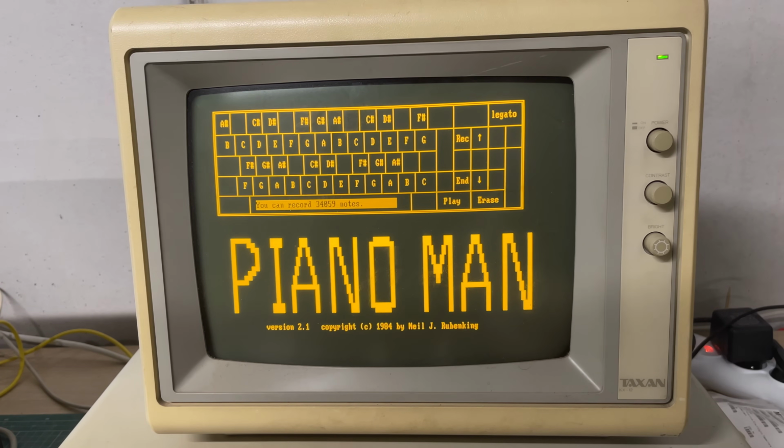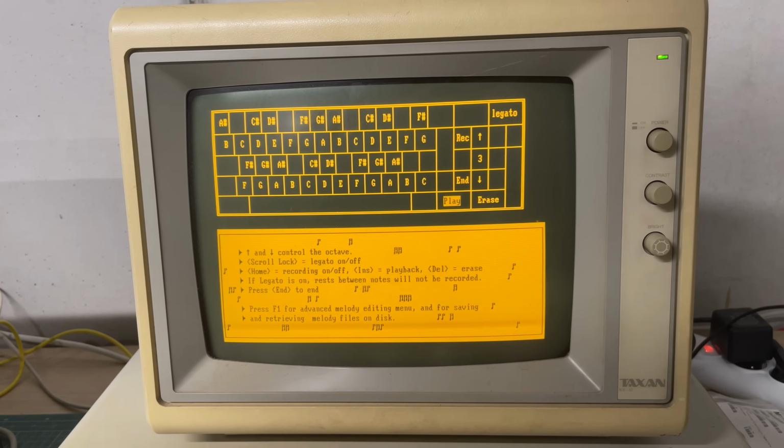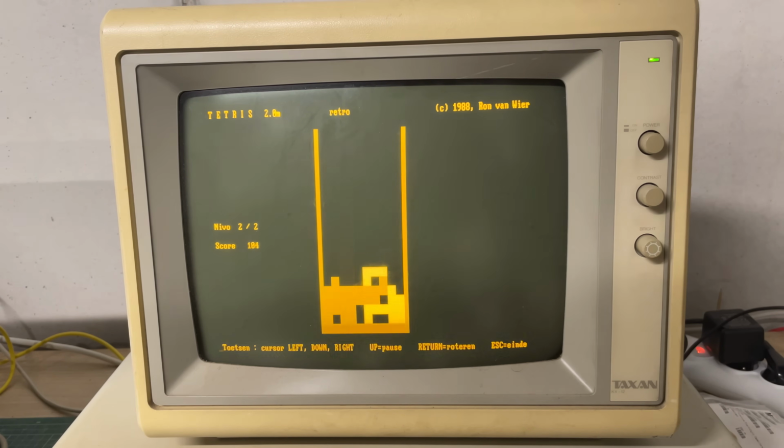But yeah, luckily lots of applications and games did start. For example, this Pianoman here, I was able to load up files just fine. And it's just really cool to see these old applications on this old computer. Lots of games were running fine as well, like this very basic Tetris clone here, made in Holland with the